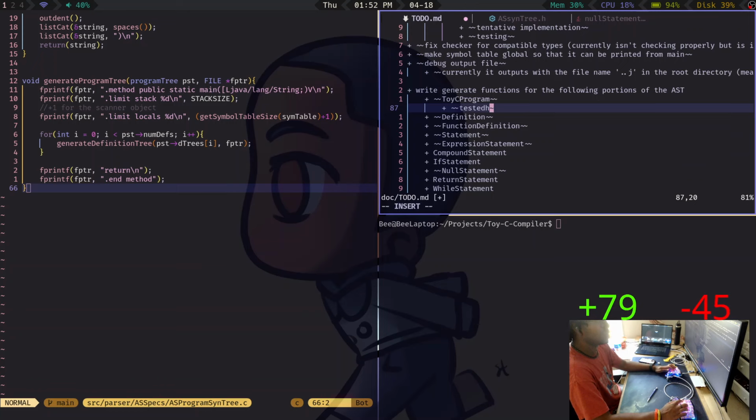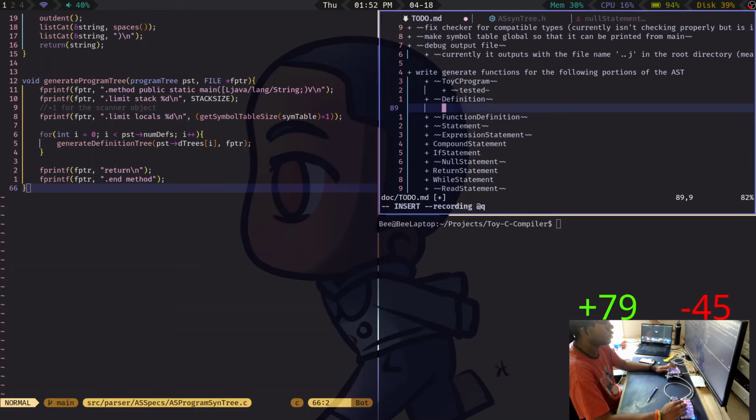Okay, let's try something, because I don't actually remember how to do this. So, QQ, we go down, hit O, tab, tested Q. Cool.